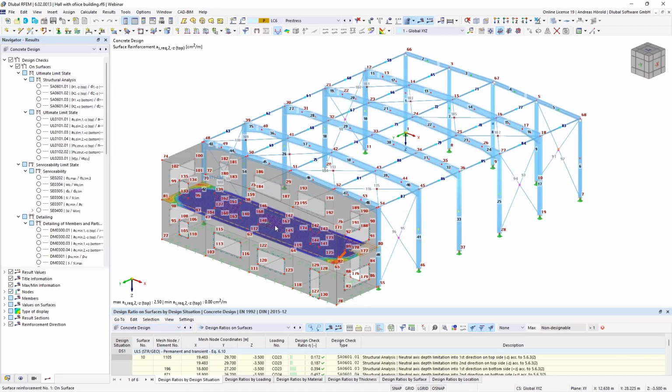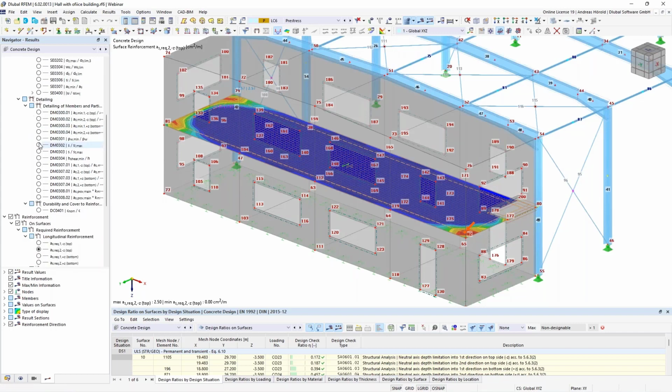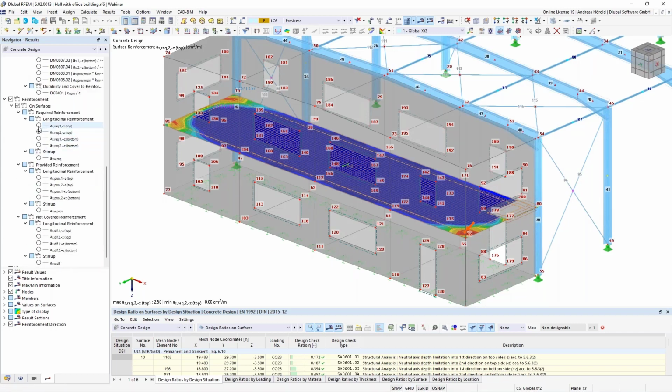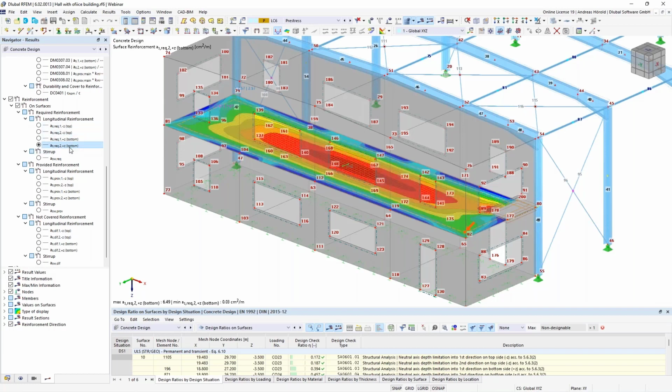I designed only this surface here, the slab. I can zoom a little bit in with the mouse wheel. And then here in the navigator results, I can click through the required reinforcement, and I would like to print these 4 graphics in the printout report later with one step. Okay, then